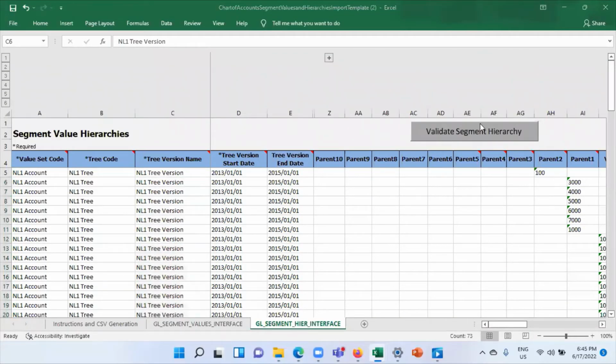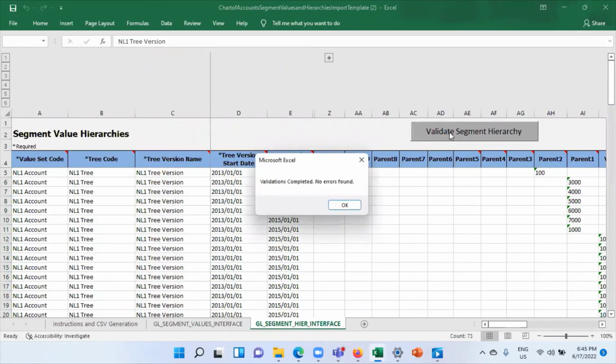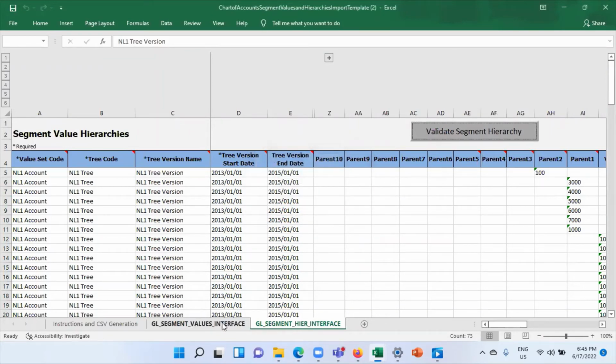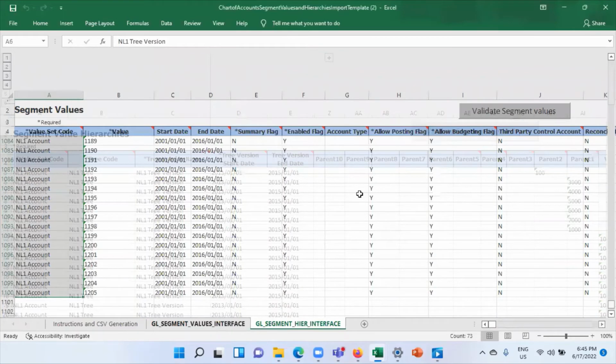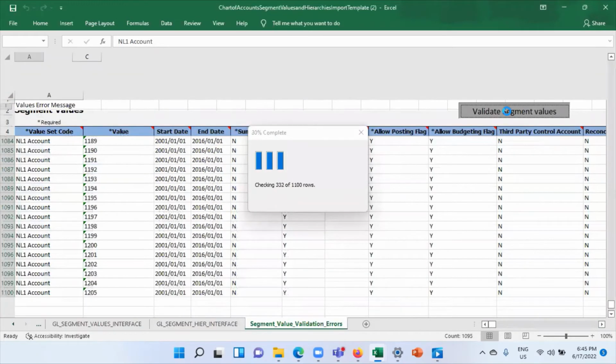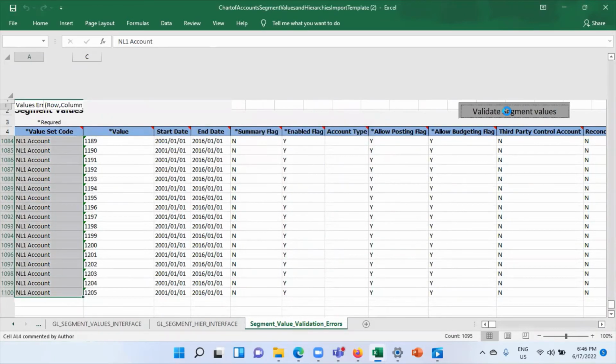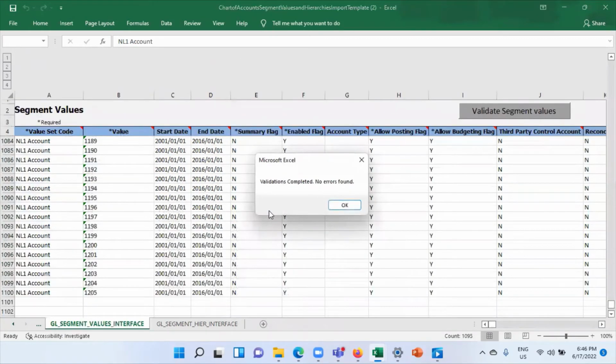Now validate this segment hierarchy. Click on validate segment hierarchy. Validation completed. Click on OK. Go to GL segment value interface. Click on validate segment values. Validation completed. Click on OK.